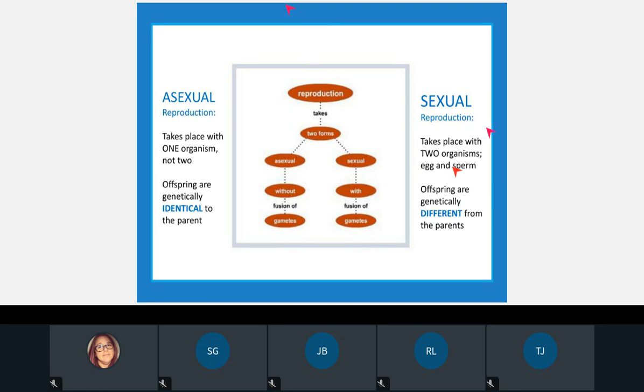A starfish. Ooh, yes. My computer is going to die. Let me plug it in here. Sorry, one second. Why must you die on me in the middle of class? All right, we're plugged in.